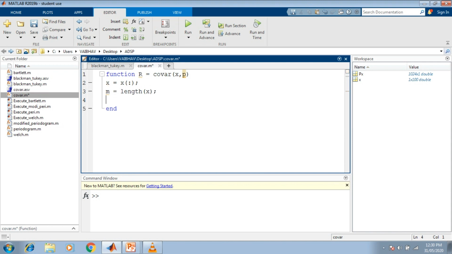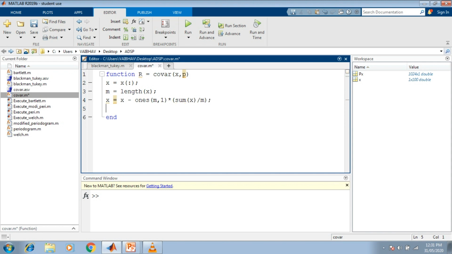Next we compute x, in the sense that we subtract from x the matrix of ones having the dimensions m comma 1, multiplied by the sum of the samples in x divided by the variable m, which is the total number of samples.